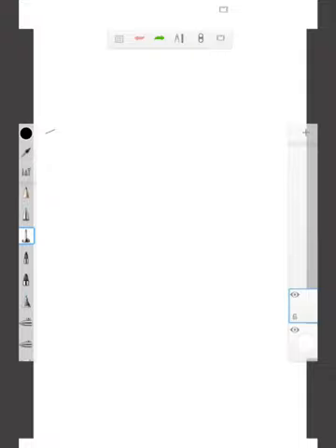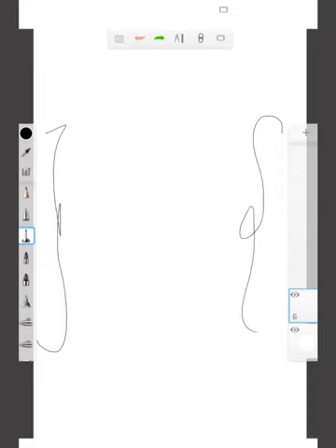So, from our last video, if you're with us in our last video, I spoke about the toolbar. Well, in this video, I'll be talking about the layer bar right here. Now, the layer bar is used when you want to add or remove layers. You use your layer bar for